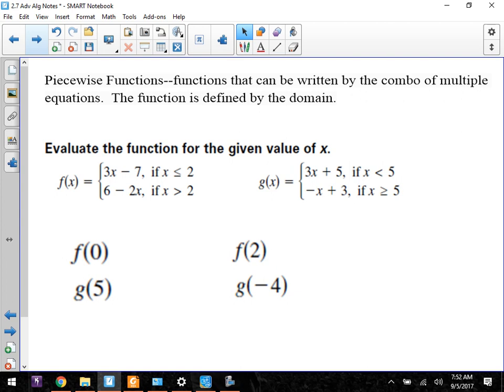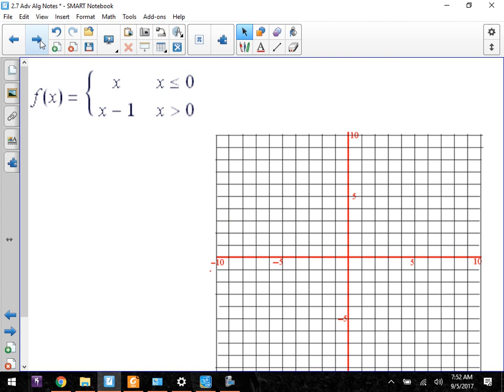Now the goofiness comes into play when we start to graph these. When we graph these, there's a couple of different ways that I like to show. First of all, on this one, I'm going to change that second one. Instead of being x minus 1, I'm going to change it to x minus 4. That way it's offset a little bit further so you can visualize it a little bit cleaner on the first example. So we'll write this as x minus 4. And when we graph these things,